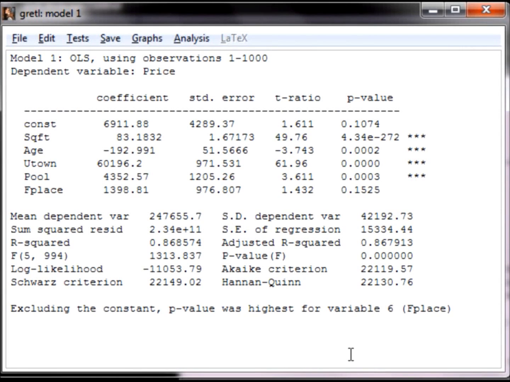Now that we have performed the OLS estimation, let's learn how to interpret some of the items on the OLS output. First, let's look at the coefficient estimates. The output indicates that for a 1 square footage increase in the size of a house, the price will increase by $83. It also indicates that for a 1-year increase in the age, the price decreases by $193. All 3 dummy variables increase the house price, with the increase being